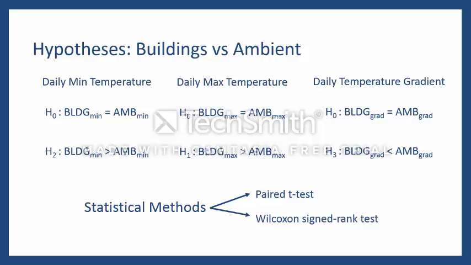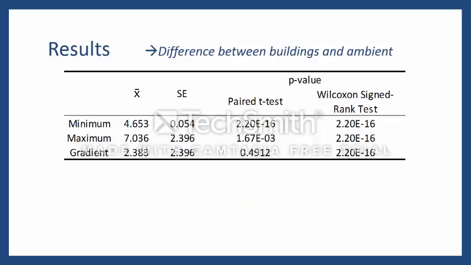To get at this, I used 2 methods. I used a parametric test, the paired t-test, and the Wilcoxon signed rank test as my non-parametric test. So I'm going to get right into results. Again, these are differences between the buildings and their paired weather stations for the ambient temperature. You can see in this table, these are the mean standard error for those differences. So that's the minimum, the mean difference between minimum building temperature and minimum ambient